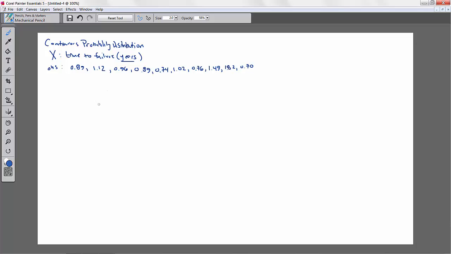Now in this problem, we want to develop a cumulative distribution function for this observed random variable. However, the first thing that's probably useful to do is to sort these in ascending order. So the sorted order is, well, the smallest one is 0.7, then 0.74, then 0.76, then two copies of 0.89,